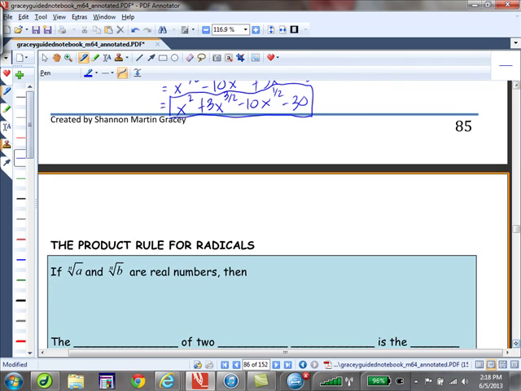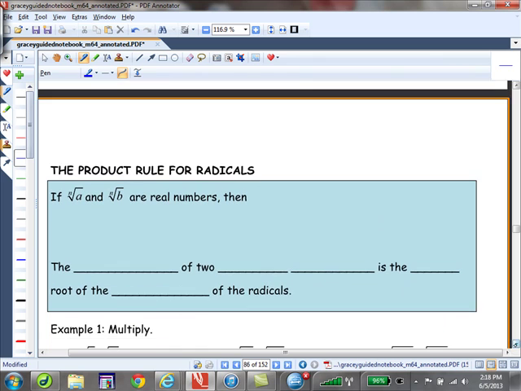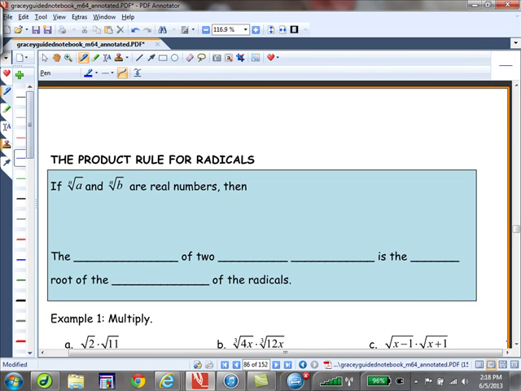Okay. The product rule for radicals. If the nth root of a and the nth root of b are real numbers, then it turns out that the nth root of a times the nth root of b is equal to the nth root of a times b. So let's just suppose that you had